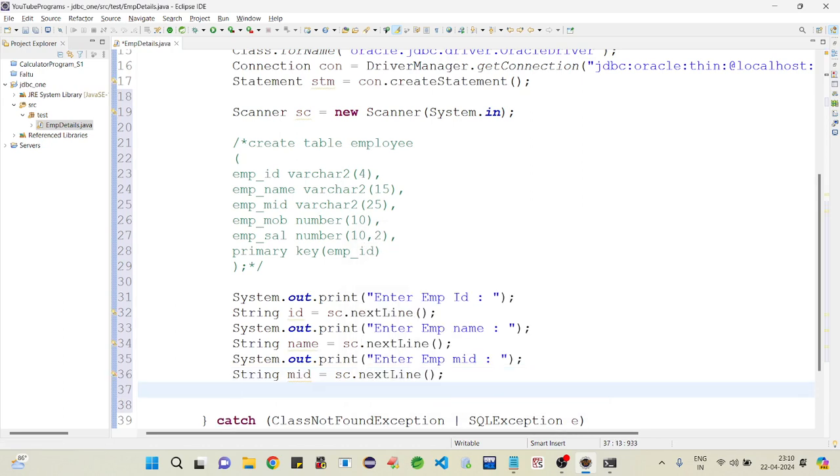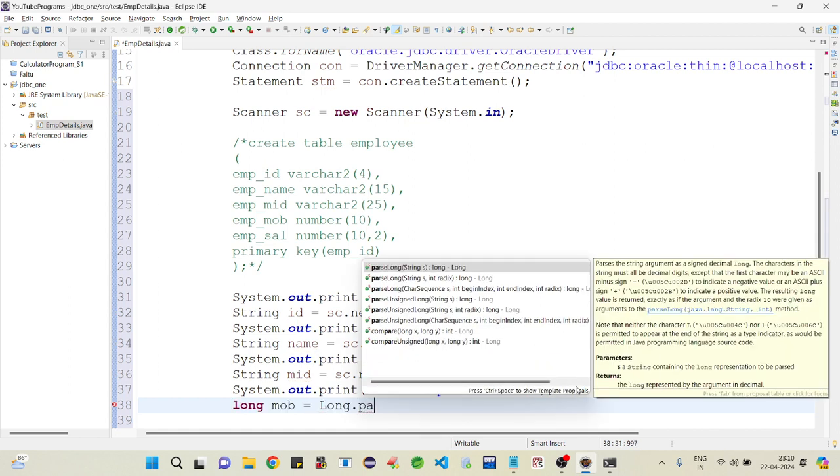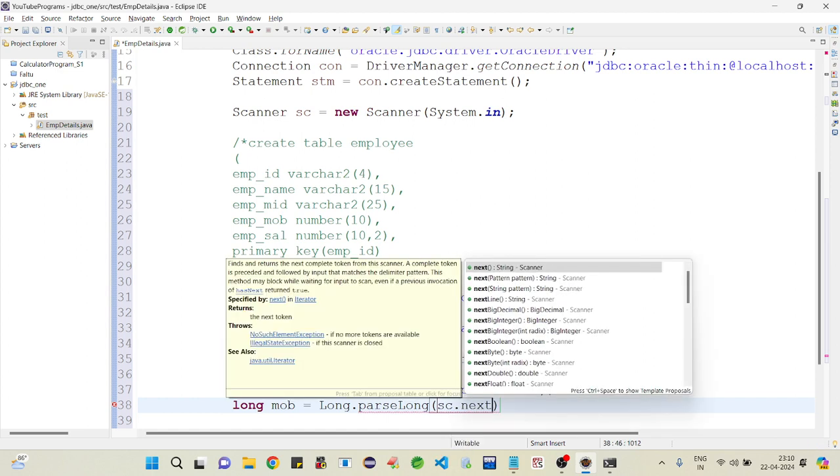After that mobile number, enter number: long mob equal to Long.parseLong(sc.nextLine).